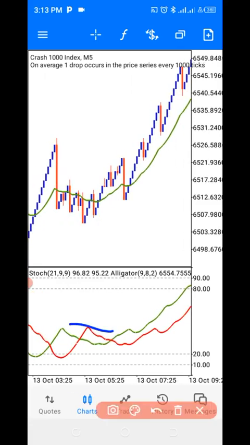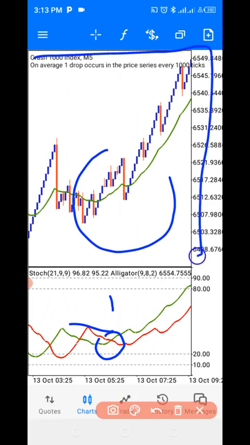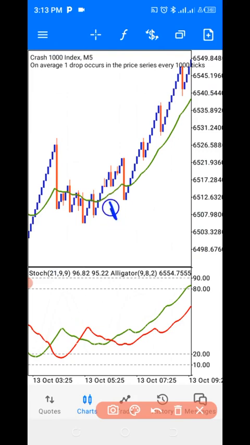Once the green moving average crosses the red upward like this, that is the first confirmation on our indicator window. The second confirmation is going to come on our main chart here. All we need is for price to be above this green moving average that we have here. Price has to be above it. So once price is above it, like we have it here, you can take your buy here.